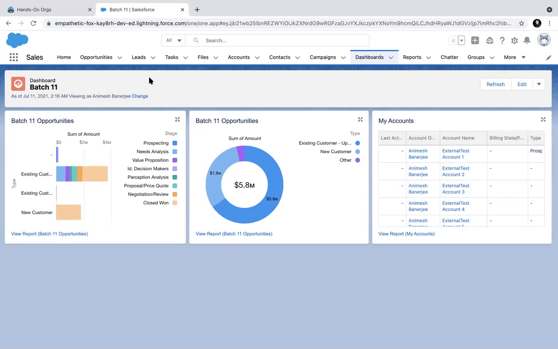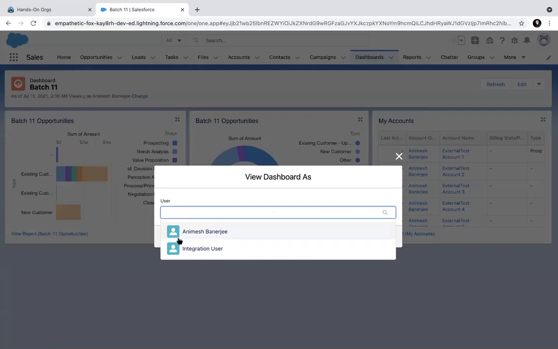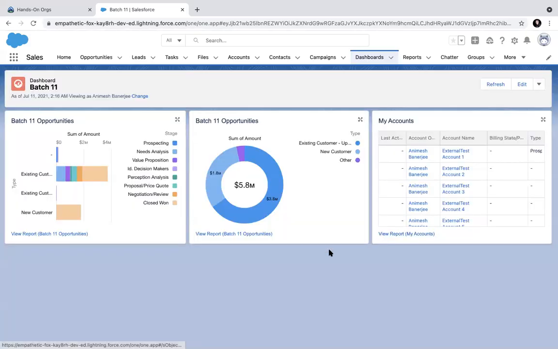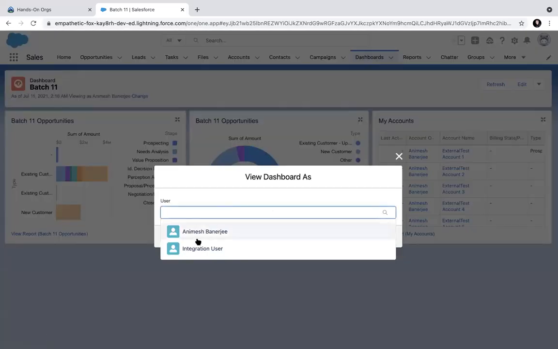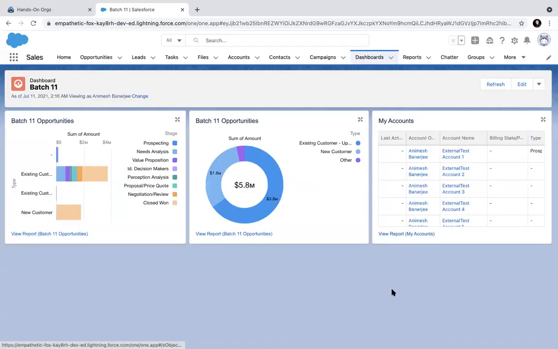Anyway, it changes. So this change will switch to the person with whom I'm changing, and his data will show up. So you have the ability to change the dashboard if you have been given this permission. That is the dynamic dashboard. But in a dynamic dashboard, you cannot subscribe, so it will not go out as mail, because you do not know whose data you are going to send, right? So that's the game. So dashboard and report, is it clear now to you?